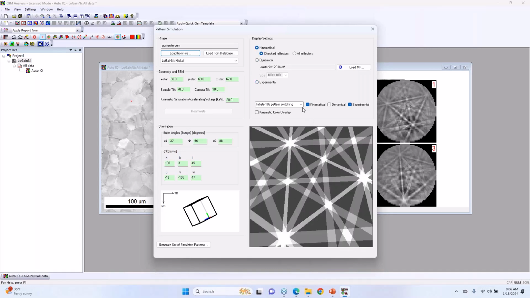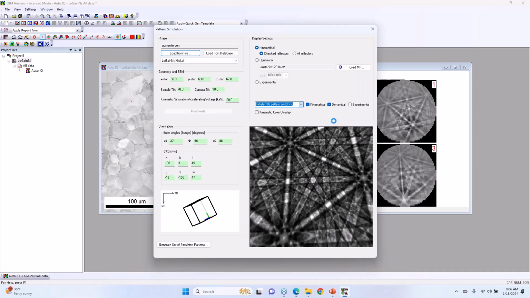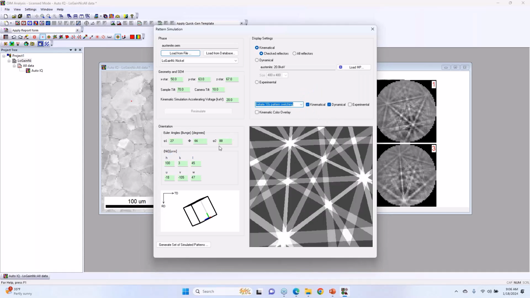And then you have things where you can say, if I want to switch between my kinematic or whatever there, I can flicker back and forth. This is just useful for comparing the pattern. This is just to get familiar with how generating the pattern works, how it looks for a given orientation. This generally isn't used day to day with the spherical indexing, but if you're more interested in the simulation,